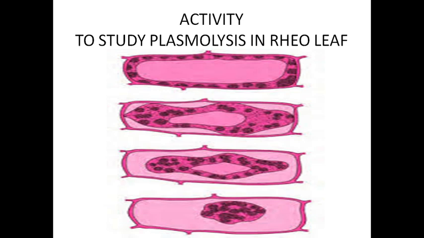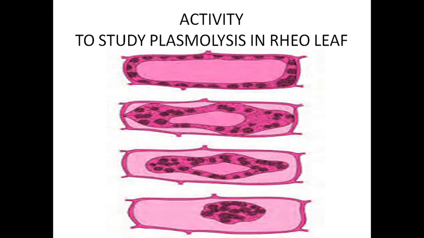You have an activity in your textbook that is to study plasmolysis in Rhoeo leaf. Now it's a Rhoeo plant and we take a leaf from it. We take a small section of it. Suppose we observe a cell in a Rhoeo leaf. Now the first one, the topmost one, tells you it's a turgid cell, normal cell. In the second, we put some sugar or a salt solution and slowly you see what is happening. There is a shrinkage and slowly it shrinks away from the cell wall. Now this is what we term as plasmolysis.